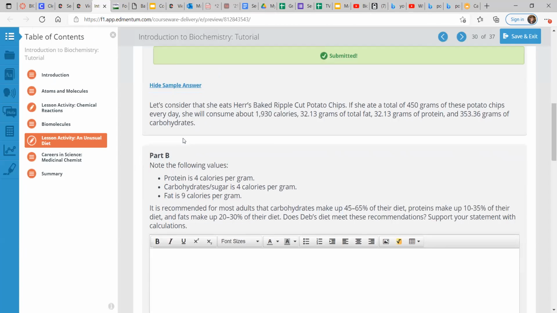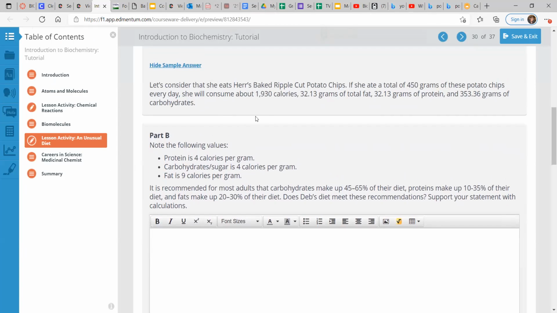Let's get back to the, okay. But if we just look at this example here, we'll assume this is correct for now. She will consume about 1,930 calories per day for a total of 32 grams of total fat, 32 grams of protein, and